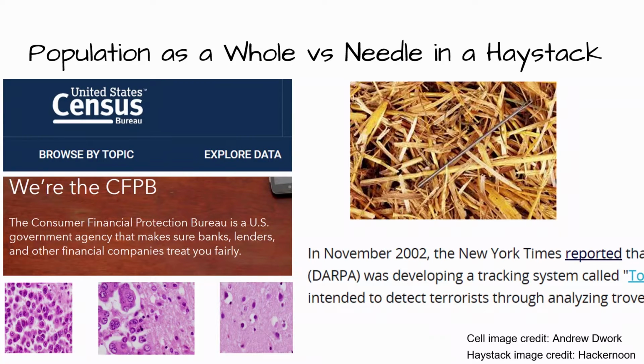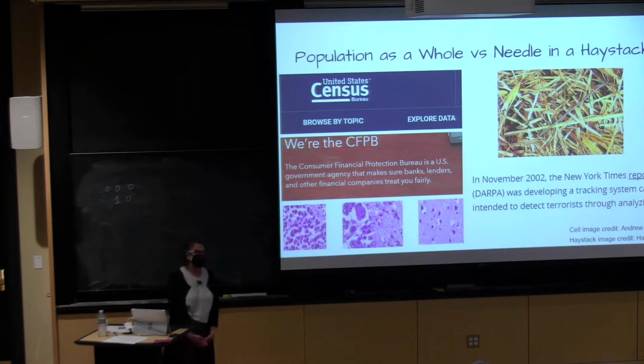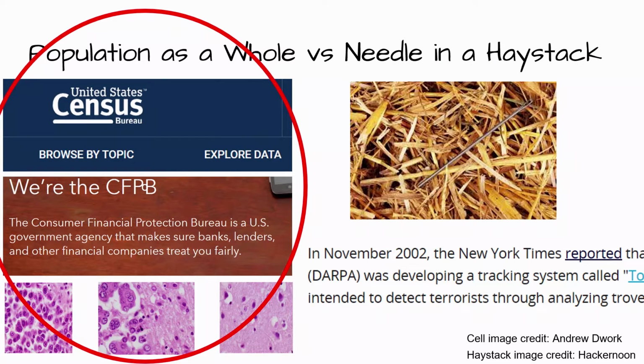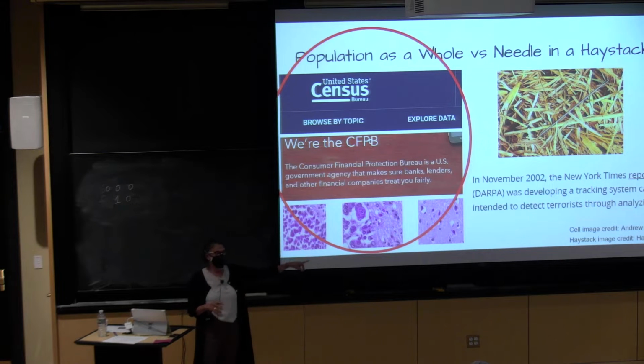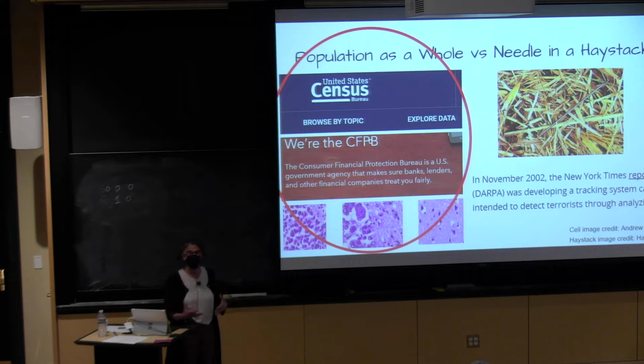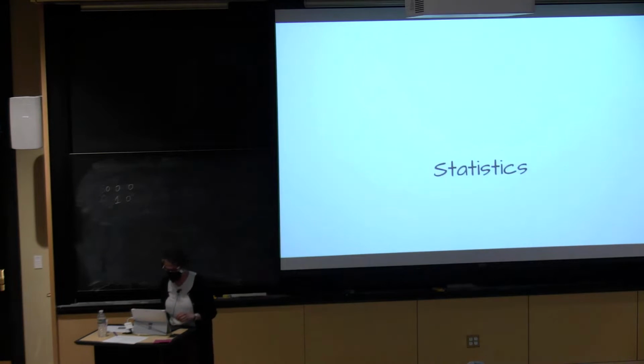The other kind is the sort of needle in a haystack, as exemplified by the so-called total information awareness system that was designed supposedly to find terrorists. Okay? Now, differential privacy is for the first kind of task. If you're trying to do some kind of privacy-preserving, find the needle in the haystack, this is the wrong tool for you. I don't know what would be the right tool, but I want to be very clear that we're in the tasks on the left, not the one on the right.